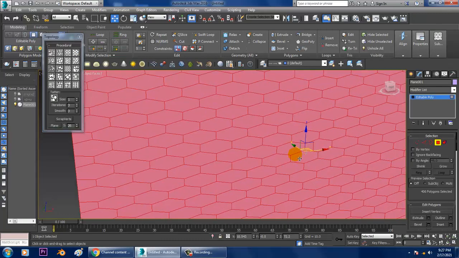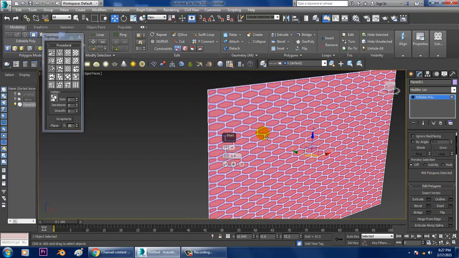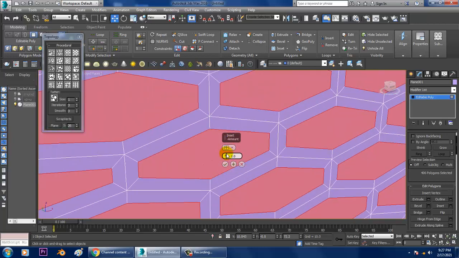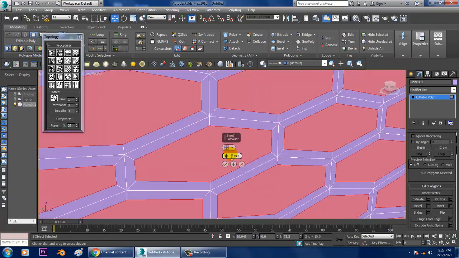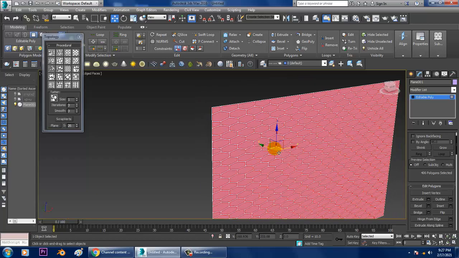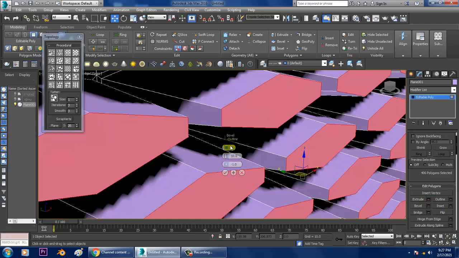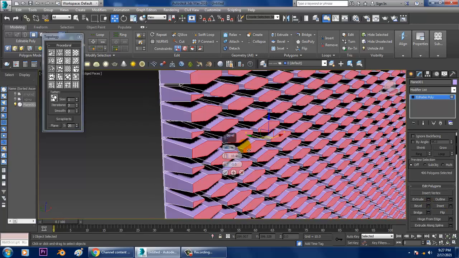Let's select the polygons and set it as an inset and slide, click OK. After that, let's give a bit of bevel.